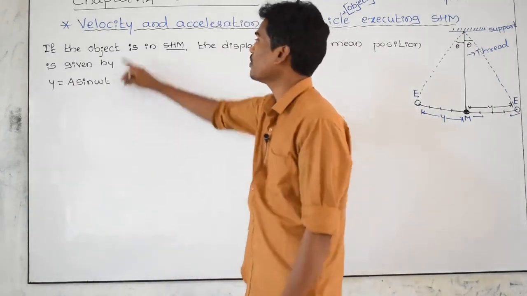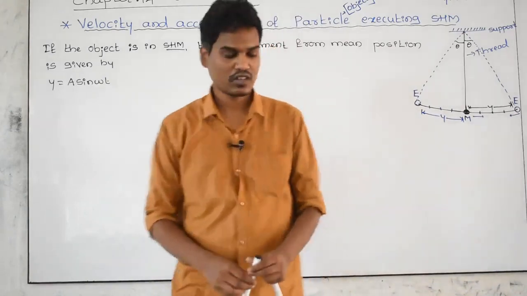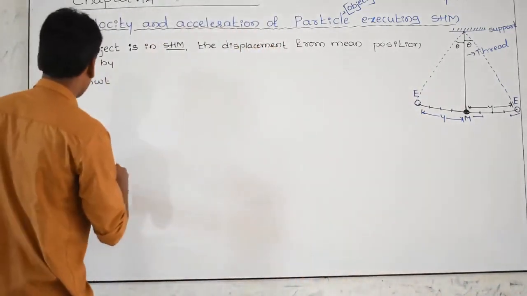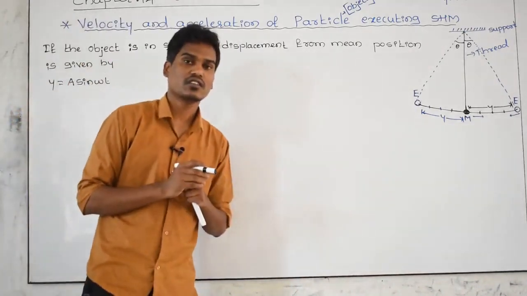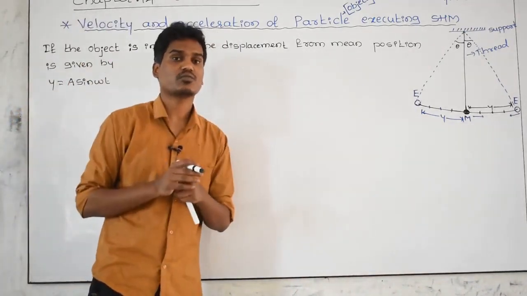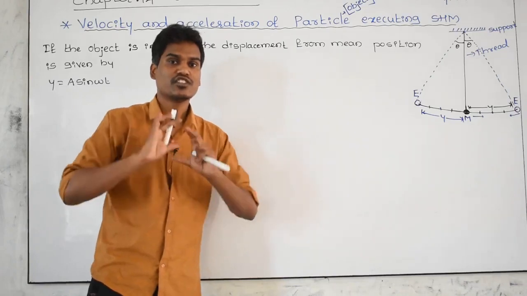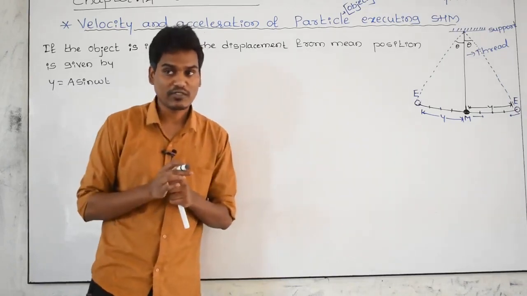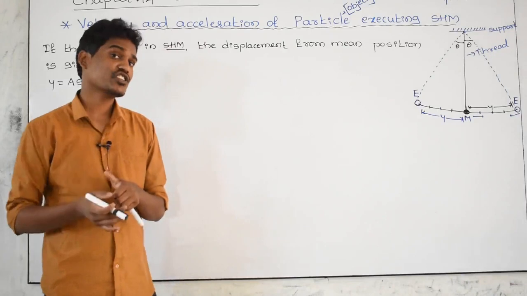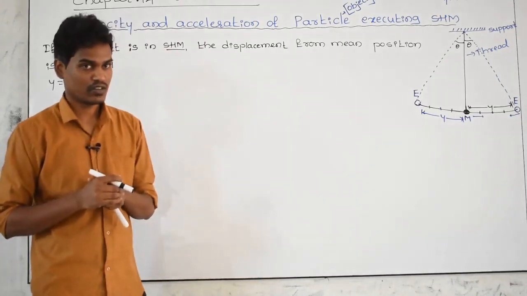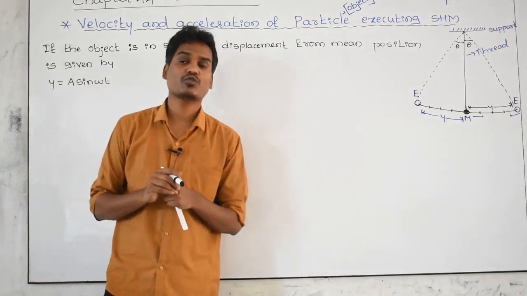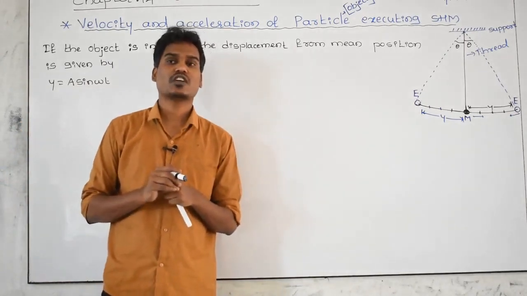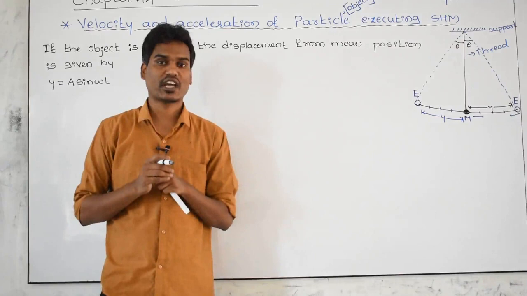Now I want the velocity of the object. In order to find velocity, mathematically we have to differentiate the displacement. How do we find a changing function mathematically? We have to use the differentiation function. Differentiation is a mathematical process to find out how much the quantity is changing with respect to time.